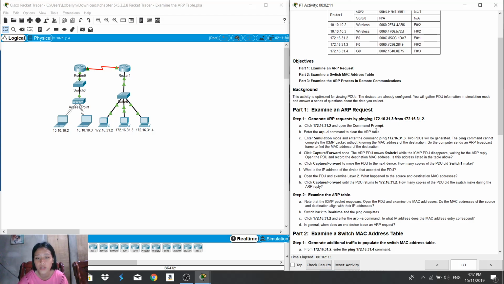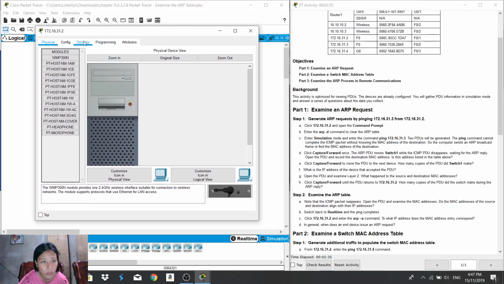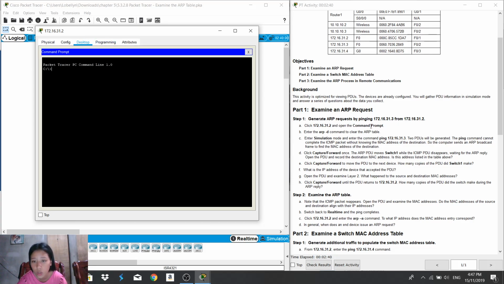Step 1, generate an ARP request by pinging 172.16.31.3 from 172.16.31.2. First, click the 172.16.31.2 device and open the command prompt. So let's click this one, then open the command prompt. In the desktop, there's a command prompt. Next, enter the